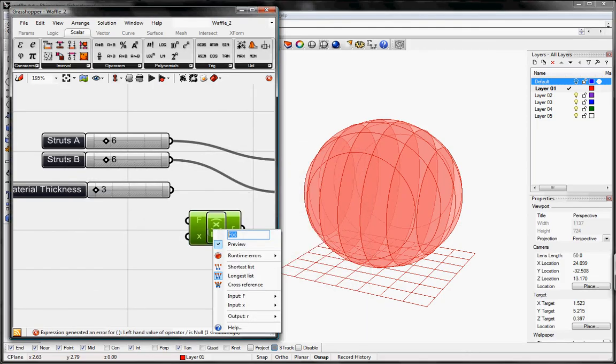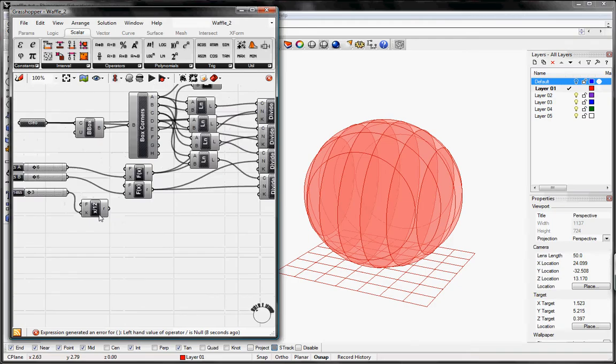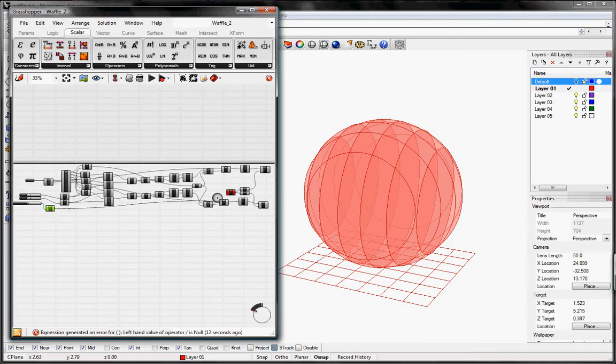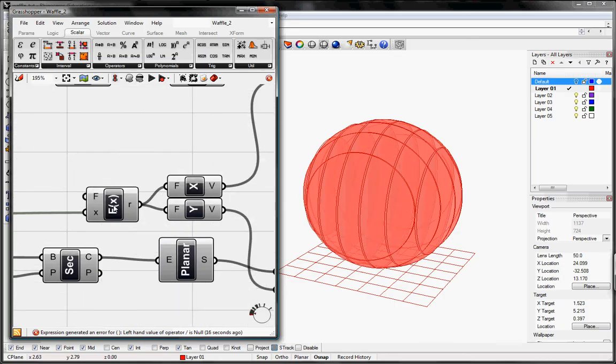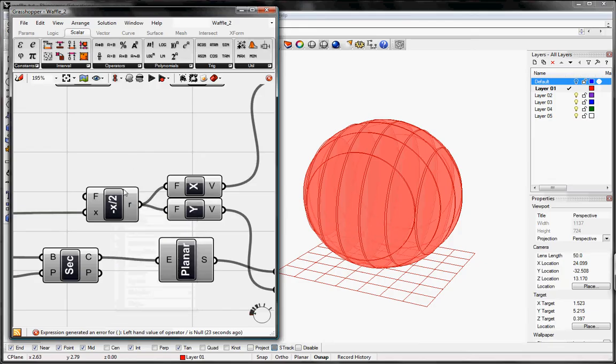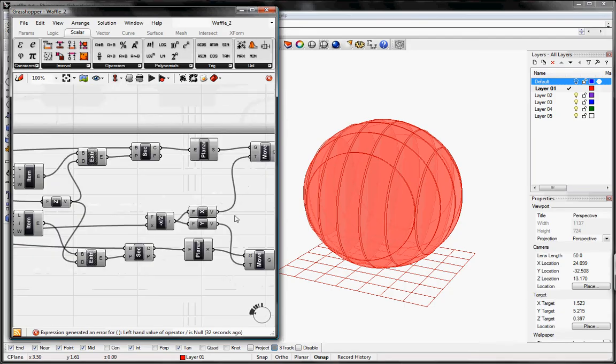And just so you don't forget, we could do x over 12 and rename it, and then from there we'll set that into the function, which was negative x over 2. And you can see that that's moving that plane half of our material thickness